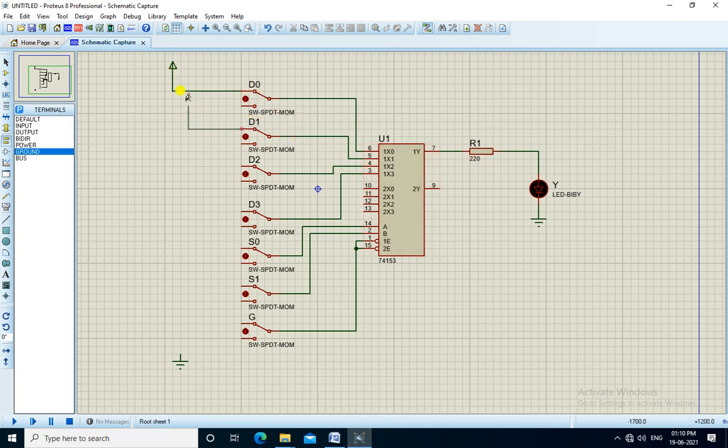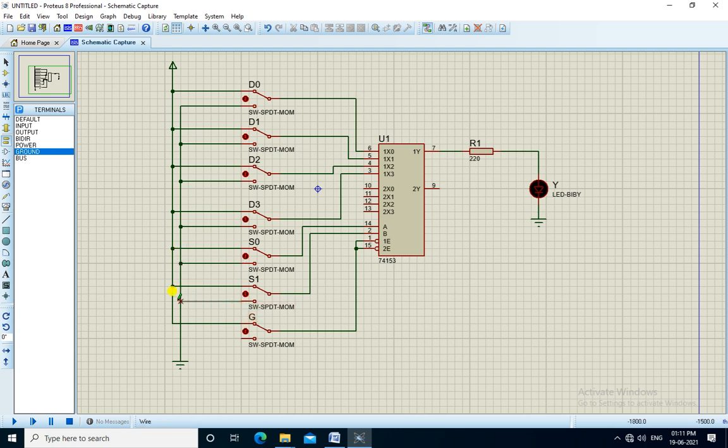We connect one terminal of all the switches to plus VCC. And remaining pins are connected to ground. Okay, now the circuit connection is completed.